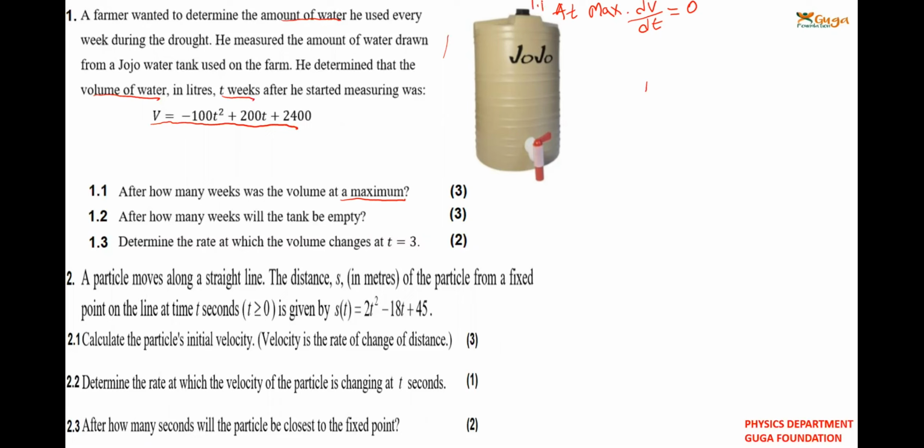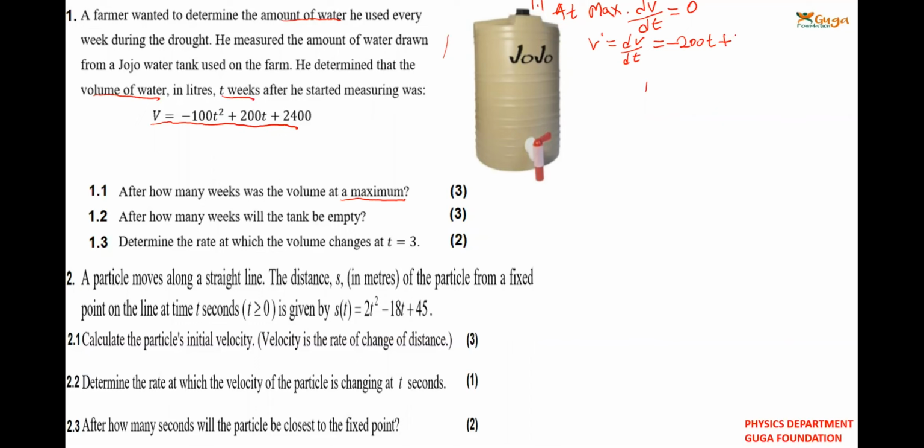So now our V prime will be equal to dV over dt, which is equals to, so now we'll do power down. Power down, it will be minus 200. Power up will be t to the 2 minus 1,